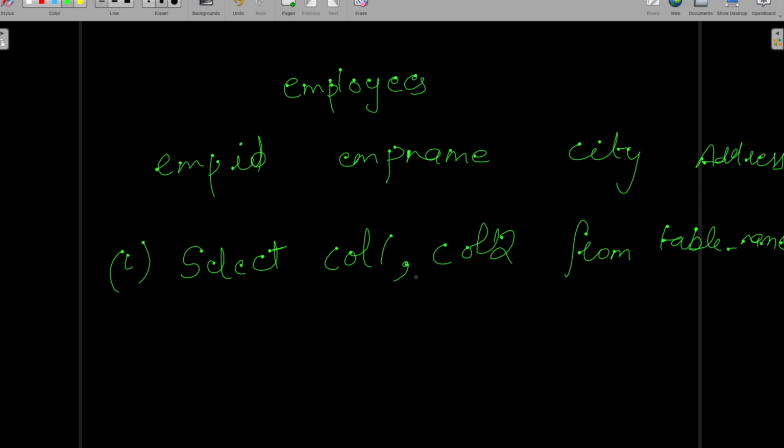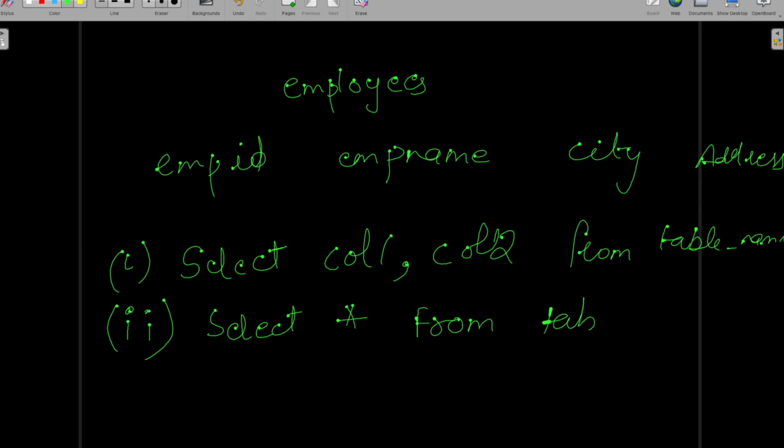You can also select multiple columns here. I am taking two columns here. So this select statement is used to select the data for the particular columns from the table. And then suppose you want to select the data for all the columns, then you don't need to mention the names for all the columns. You can directly write this query as select star from table name, which is employees in this case, and star is basically a wildcard character which will automatically select all the columns present in that particular table.